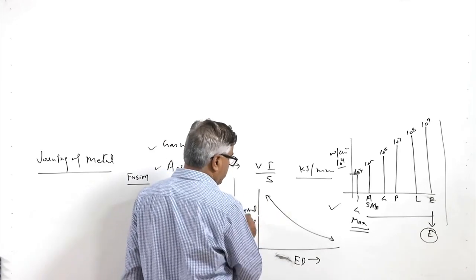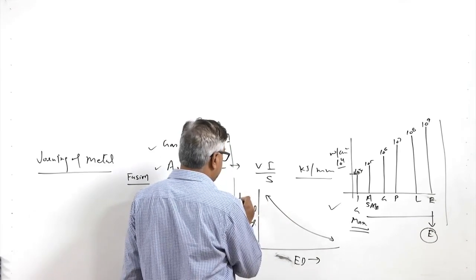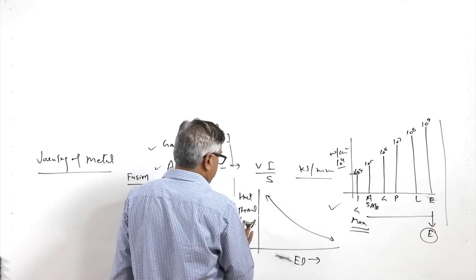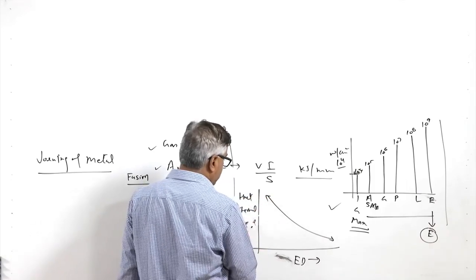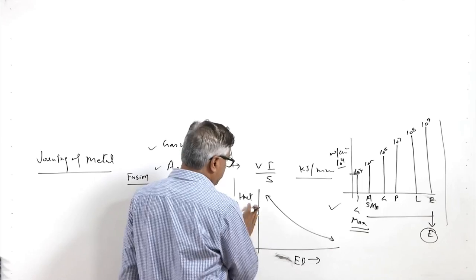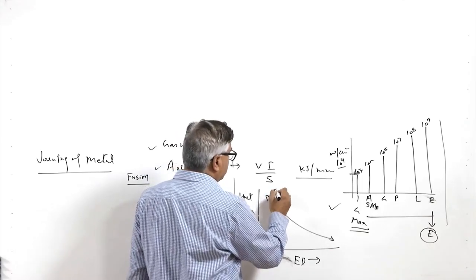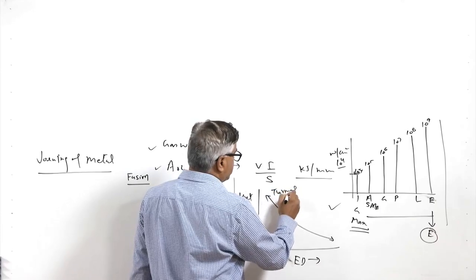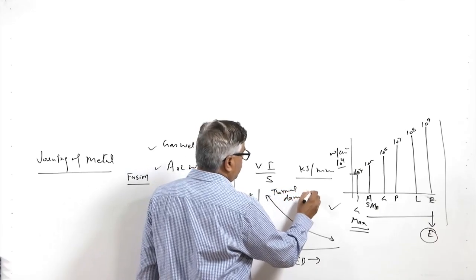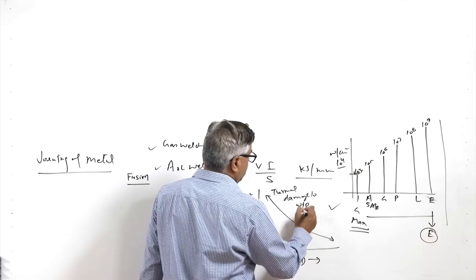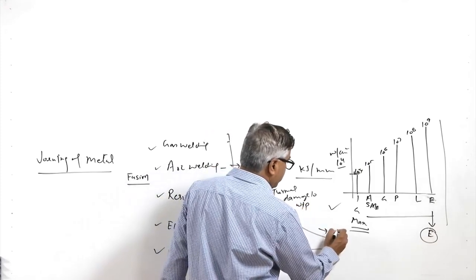This will be H net, the net heat input which is being supplied, and increasing thermal damage to the workpiece, and here increasing penetration,